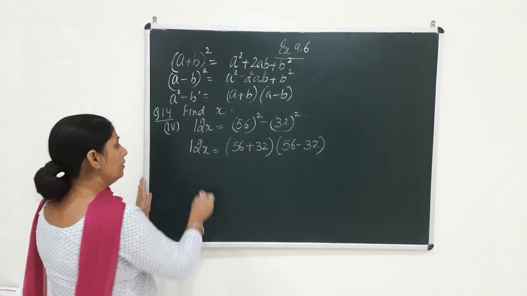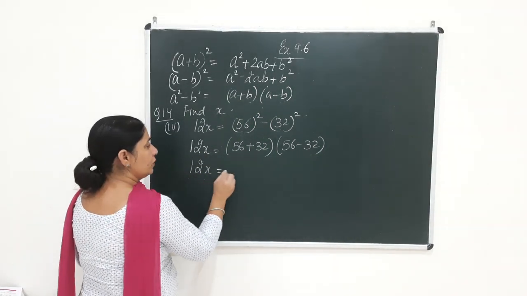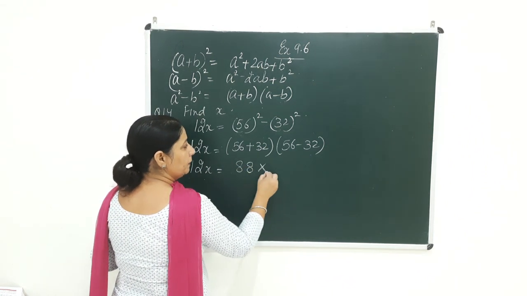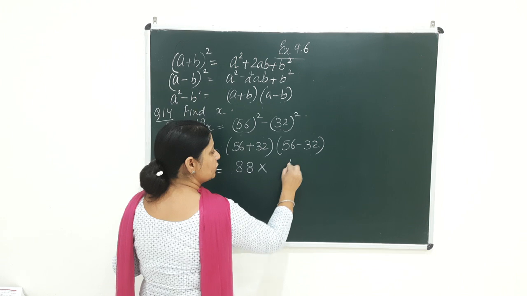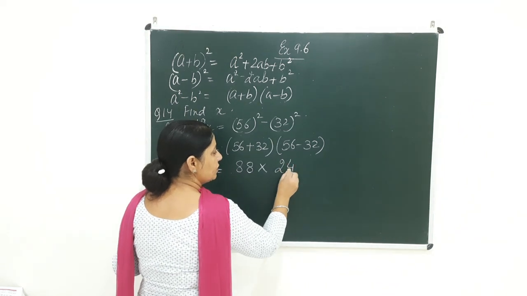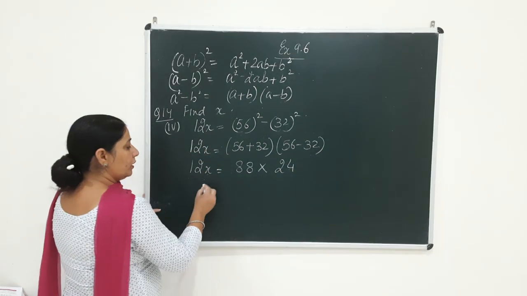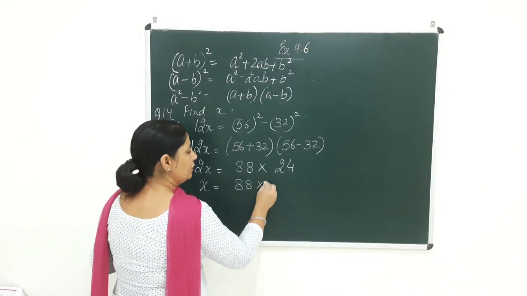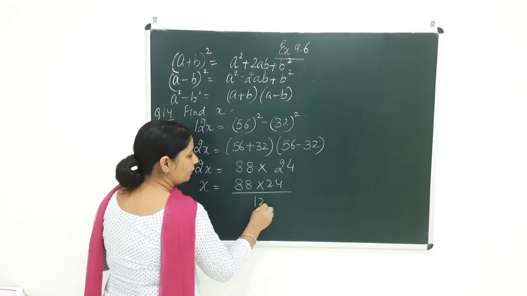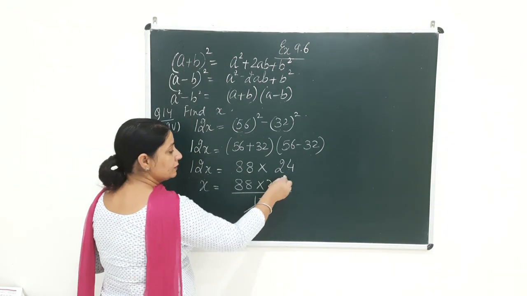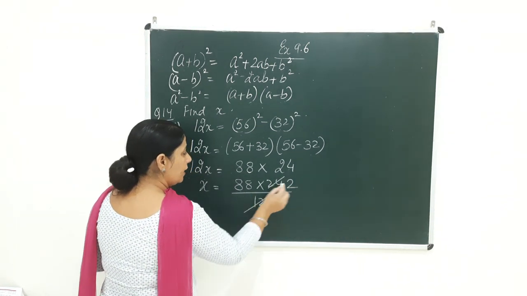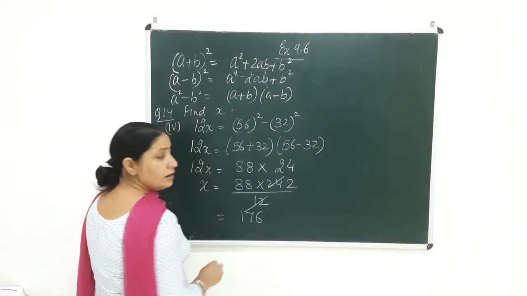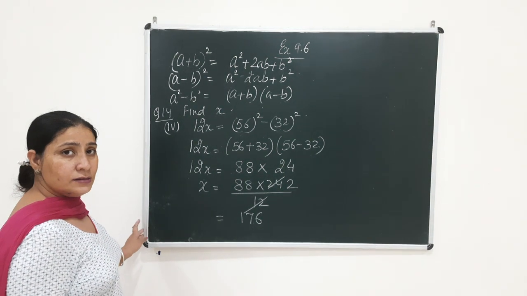Now let's solve it. I have got 12x is equal to 6 plus 2 is equal to 8, and 8 is 88 multiplied. When you subtract, 6 minus 2 is 4 and 5 minus 3 is equal to 2. So what do I get, beta? To get this x I will shift 12 on this side. It is 88 into 24 divided by 12. On the table of 12, 12 ones are 12, 12 twos are 24, and 88 multiplied by 2: 8 twos are 16, 8 twos are 16 and 1, 17. It is 176. Okay beta?